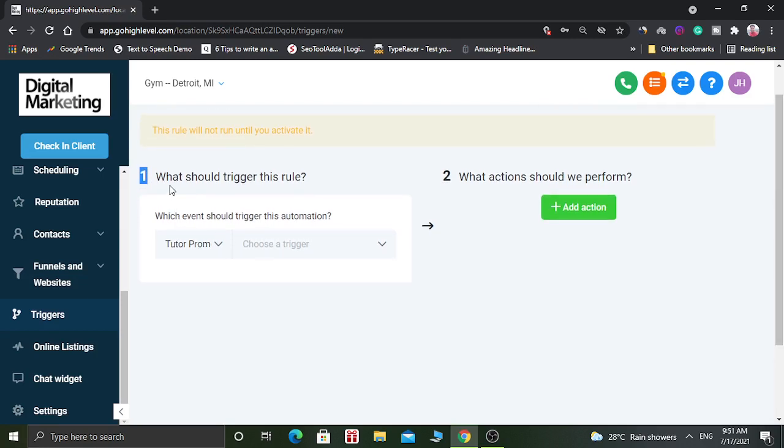Here it says what should trigger this rule, which event should trigger this automation.